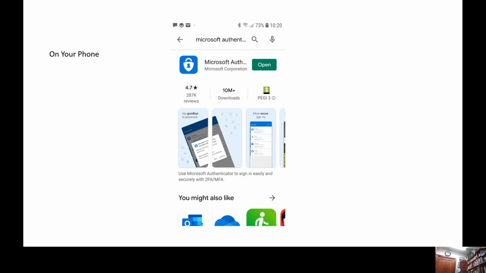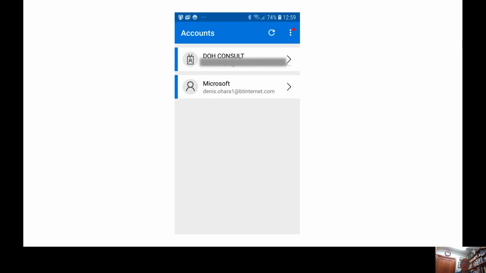On my mobile phone, I already have it downloaded. So it's saying to me, do you want to open? Whereas in your case, it'll ask you to install it. So if you like, that's the next stage as well. So when you actually have it installed,